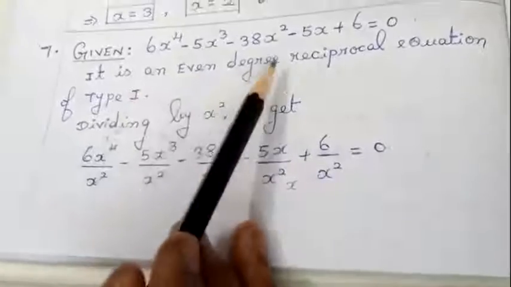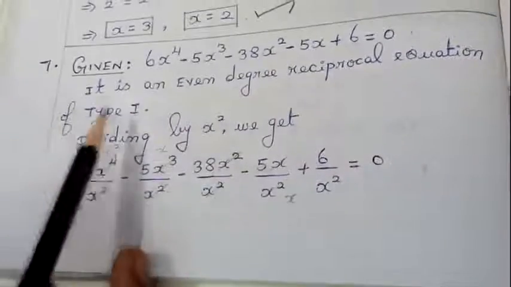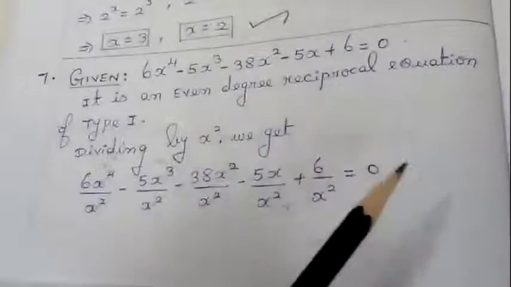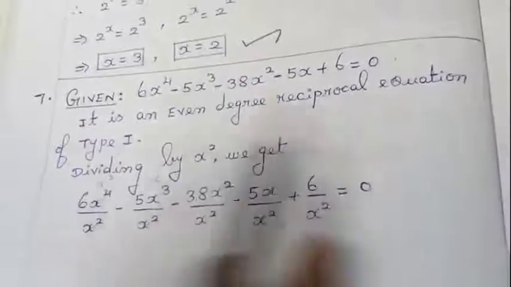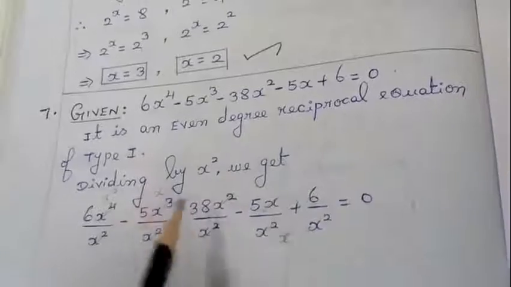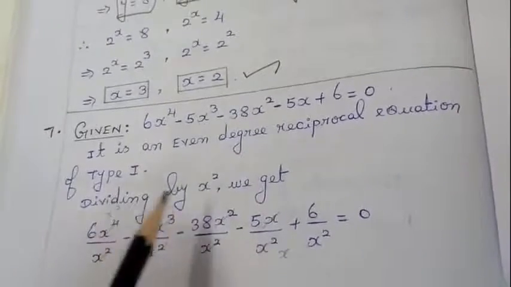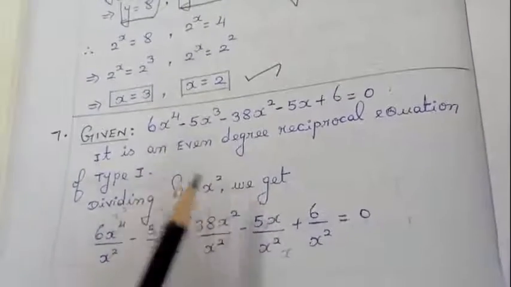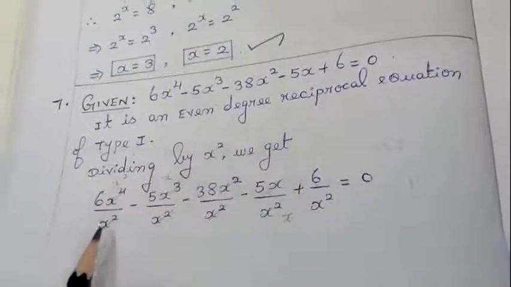It is an even degree reciprocal equation of type 1. So, we just saw the concept. What is the concept I told you? Even degree reciprocal equation. So, we are going to use that condition. What I am going to do is, I am going to divide by x square. Dividing each term by x square. Just see, students, how I am dividing the terms. After dividing,